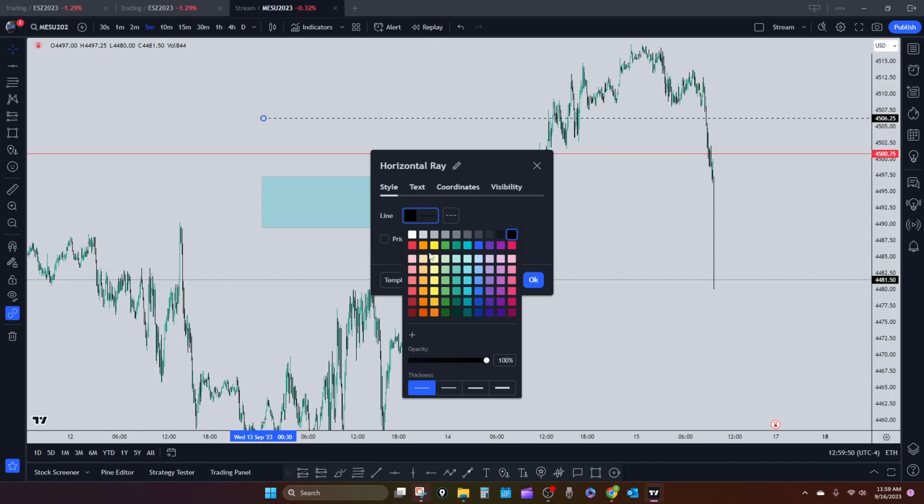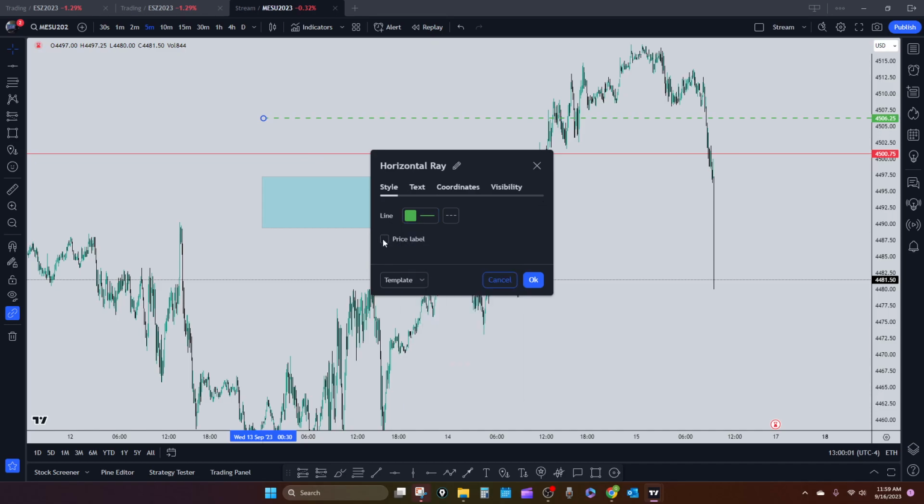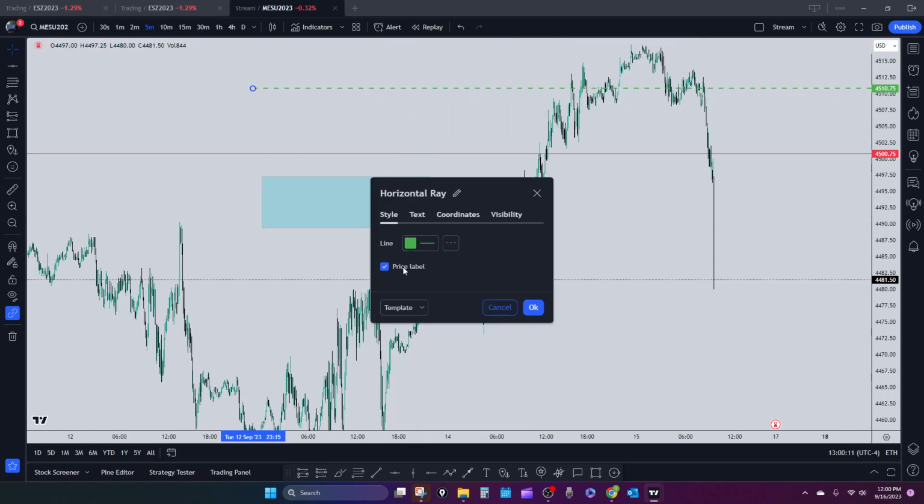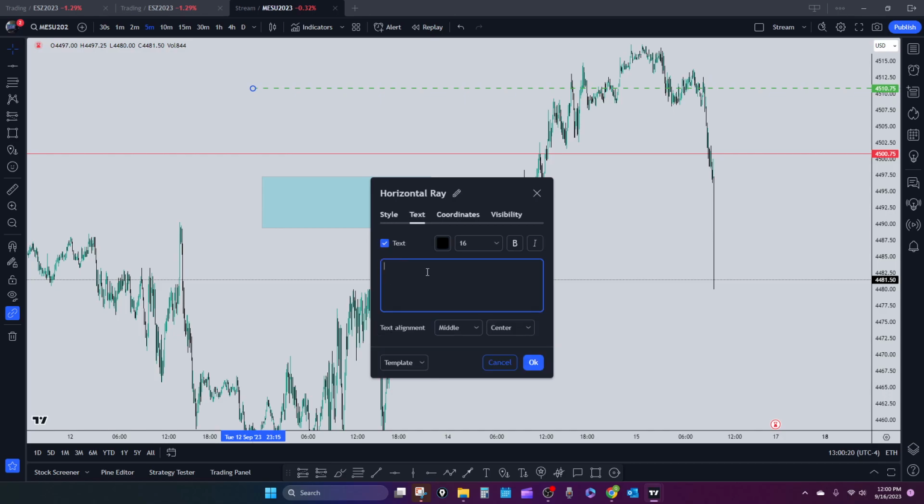Say I want just a green ray. I want it to be double sized and 100% opacity. Do I want a price label on it? If you put a price label on it, it looks like it does that regardless. I think anything you put on there will show the level based on what you have your scale settings on. So, and then for the text, if I'm going to write text on that line,